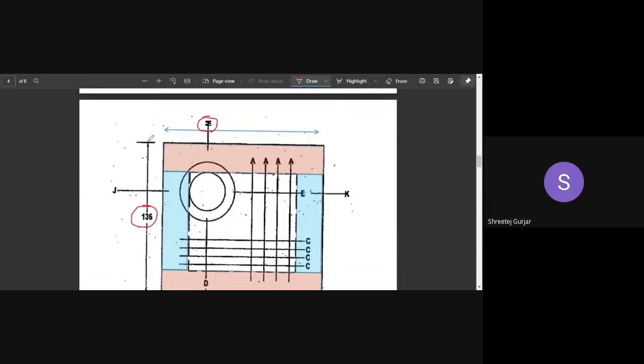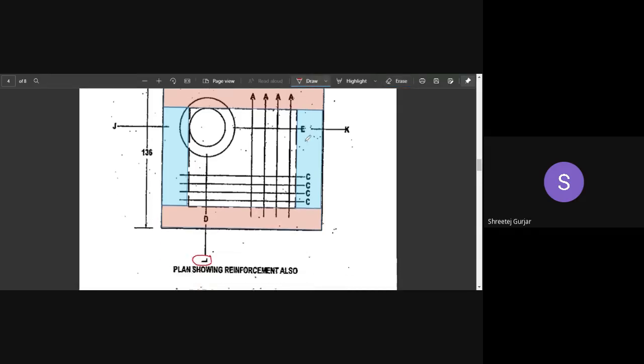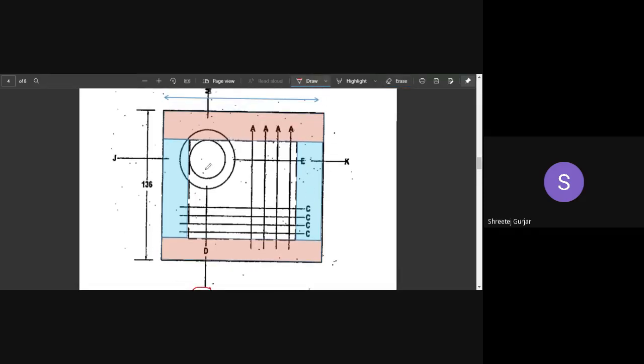Meaning this 136 is for your brickwork, right? Brickwork and not your PCC, sorry, your CC. So CC will be somewhat like this, visible again, which they have not drawn. So this plan shows your brickwork. Do not confuse, this is not our entire section. This is just the plan view of your brickwork. So while calculating earthwork,